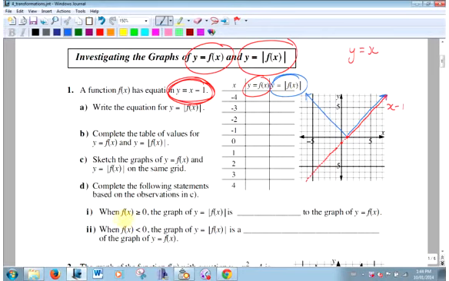What line did I flip these over? Okay, hold that thought. When f of x, the original graph, is greater than or equal to 0, I've said it 10 times, now let's write it down. When it's positive, that says the same thing, the graph of the absolute value is, how did this change between the red line and the blue line? What's a word that fits in this sentence? Identical to the graph of y equals f of x. Okay? In other words, it didn't change. It's identical. However, when it's less than 0,